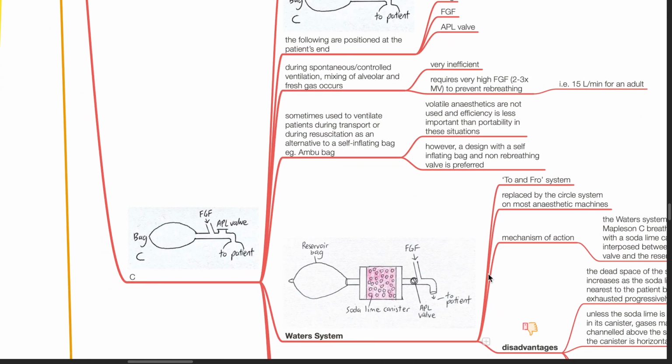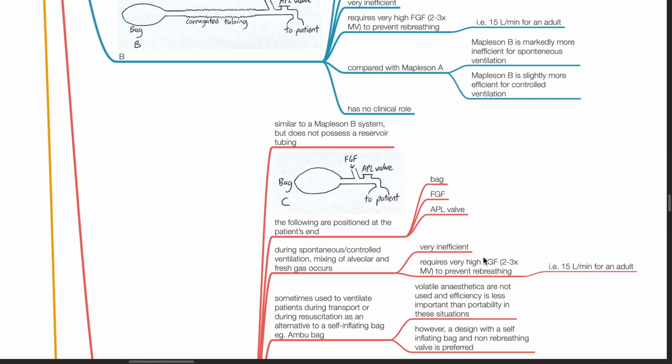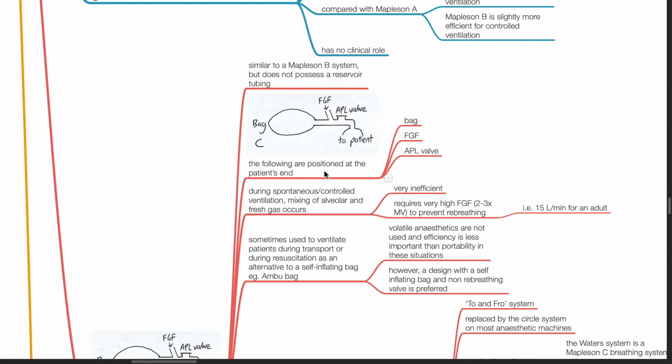Mapleson C systems. It is similar to a Mapleson B system but does not possess a reservoir tubing. The following are positioned at the patient's end: the bag, fresh gas flow inlet, and the APL valve. During spontaneous or controlled ventilation, mixing of alveolar and fresh gas occurs. It is thus very inefficient and requires a very high fresh gas flow rate of 2 to 3 times minute